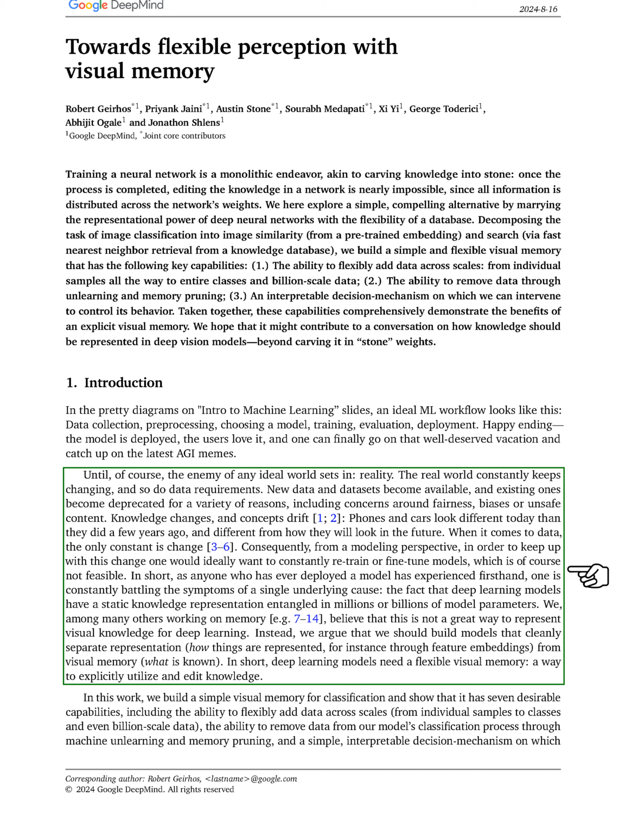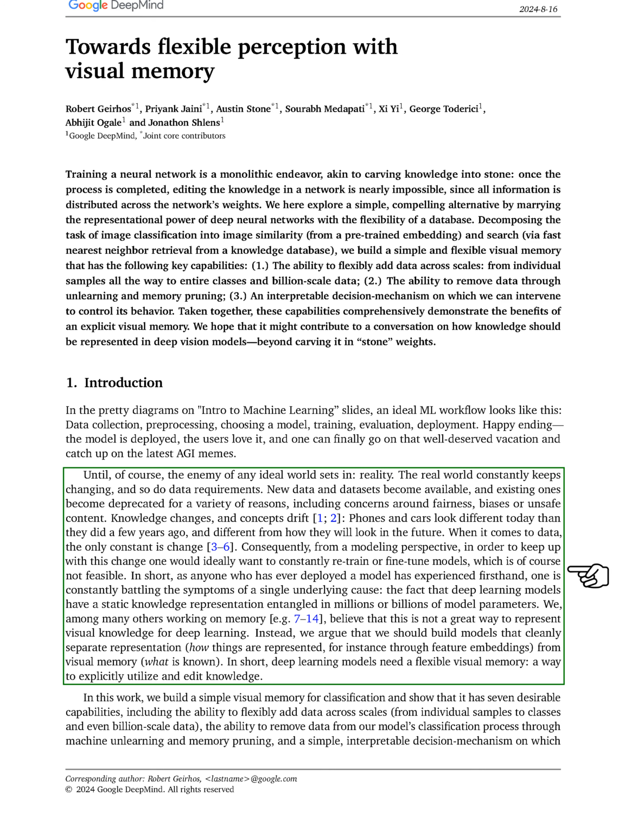The real world is dynamic, and data needs change over time. New datasets emerge, and old ones may become outdated due to issues like fairness or bias. As knowledge evolves, so do our concepts. For example, the design of phones and cars has changed significantly over the years. This constant change means that to stay relevant, we would ideally need to continuously retrain or fine-tune our models, which